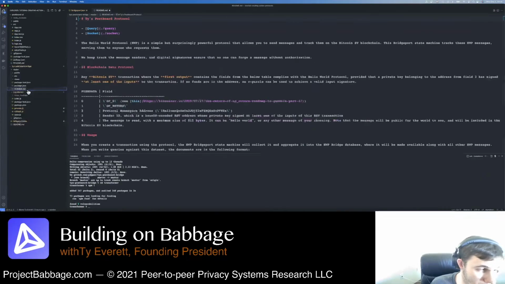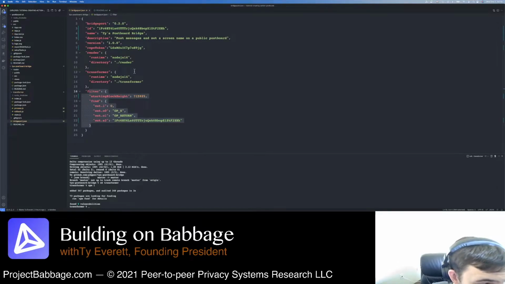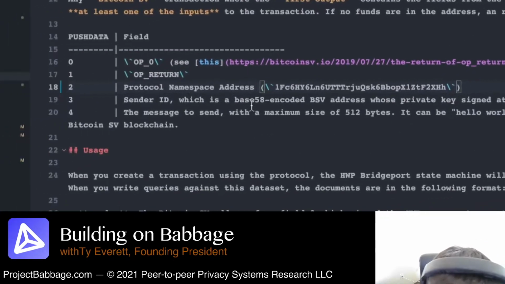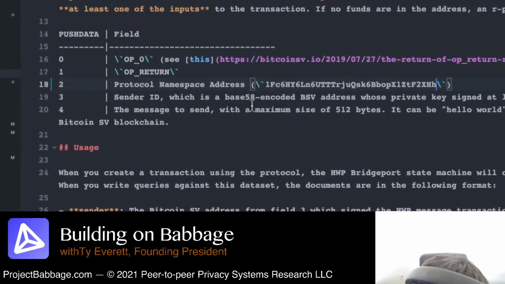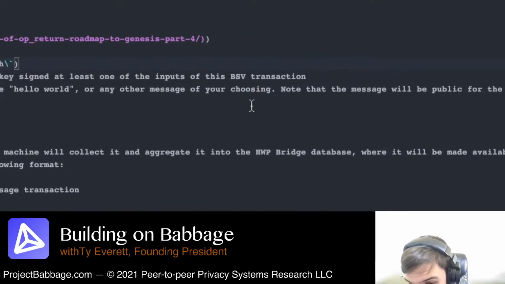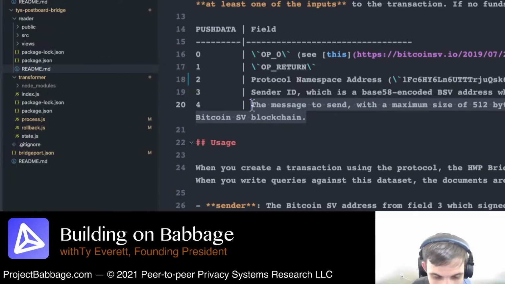Basically what you want to do is, when you're doing yours, model it off of this, right? You've got your protocol namespace. I'll go here and grab my protocol namespace and copy it. That way we have this, right? We have the sender ID. So field 3, sender ID, which is a base 58 encoded BSV address whose private key signed at least one of the inputs of the transaction. That's exactly the same. And then 4 would be, instead of the message,